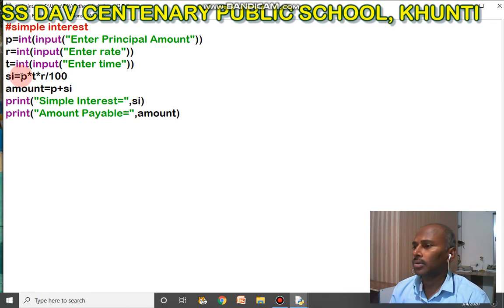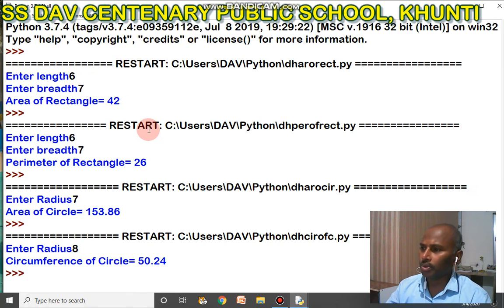After calculating SI, P plus SI equal to amount, and print message, this line will print SI and this line will print amount. Now I want to run this program.